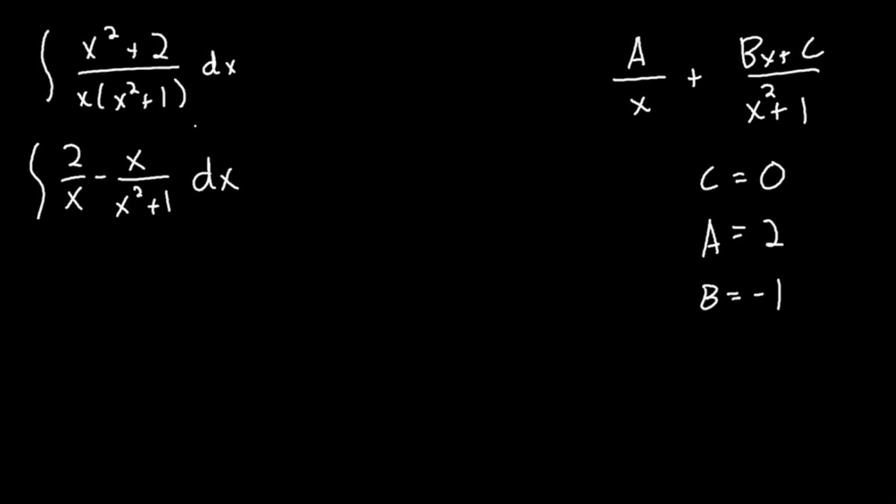Now that we have this, we can just solve for it individually. Well, 2 over x, simple, identity, the natural logarithm. Identity, correct? And also, x over x squared plus 1, simple u sub problem, negative 1/2 natural logarithm of x squared plus 1. I'm not going to deal with all the u sub